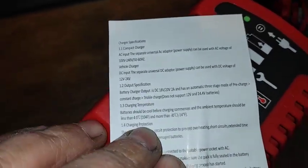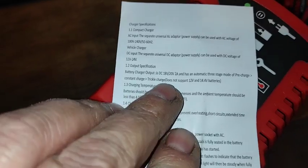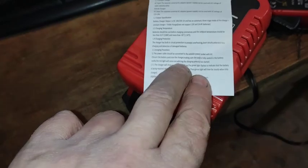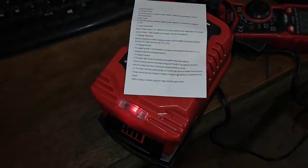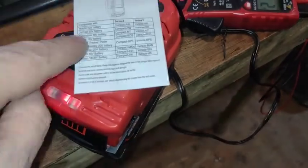Which isn't technically wrong. You can put 12 volts in it. It's not going to destroy anything, right? Oh, and then it says something else. What does it say there? Battery charger output is 18/20 volts at 2 amps. Has an automatic 3-stage mode. Why is it saying 3-stage mode? 3 stages lead acid. Pre-charge, constant charge, trickle charge. Doesn't support 12 volts and 14.4 volt batteries. Yes, it doesn't. It's for 18 volt batteries. There is nothing on there to say that it won't charge an 18 volt battery from 12 volts. So it's lying. You can read it there. This is the instructions that came with it. There we go. Right. Compatible with...